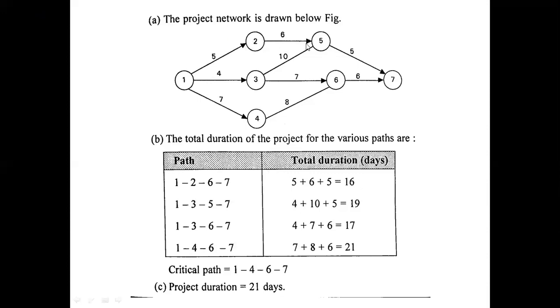So here, for the second it is 5 and for the fifth it is 6. Okay. For the second activity, the earliest finish time is 5, and for the fifth, what is the earliest finish time? Here it is 11, but here it is 4 plus 10 is 14. So that's why we have to take 14. So 14 plus 5 is 19 here. Okay. For 1, 2, 5, 7.